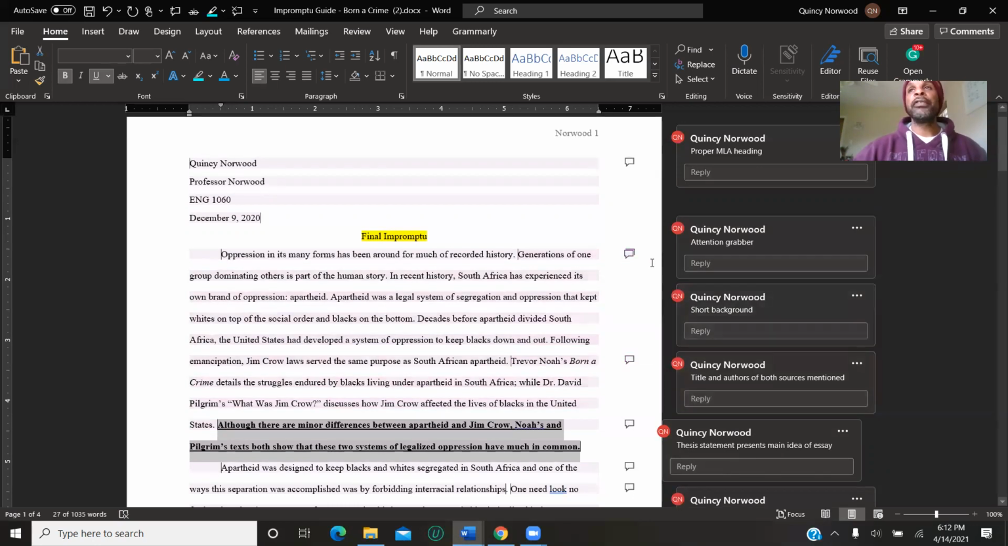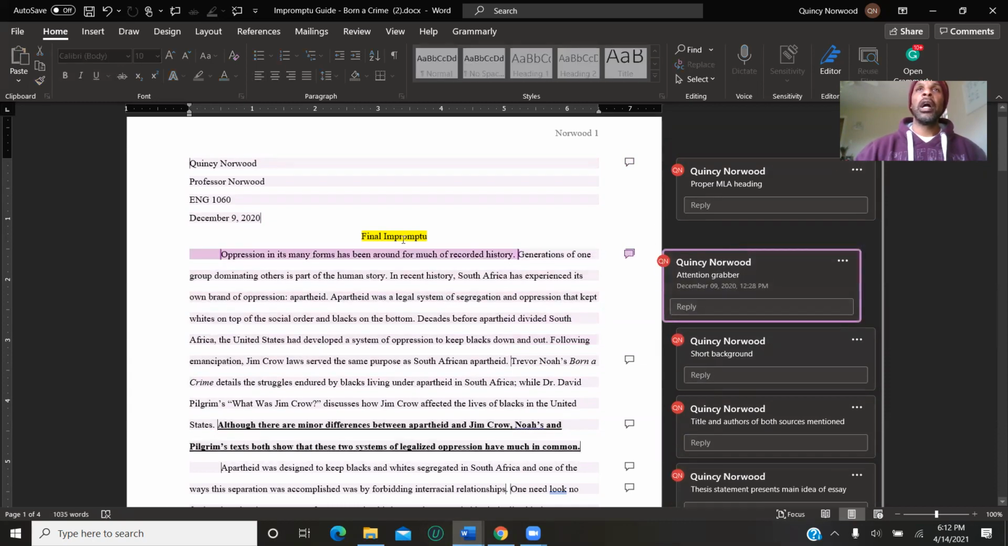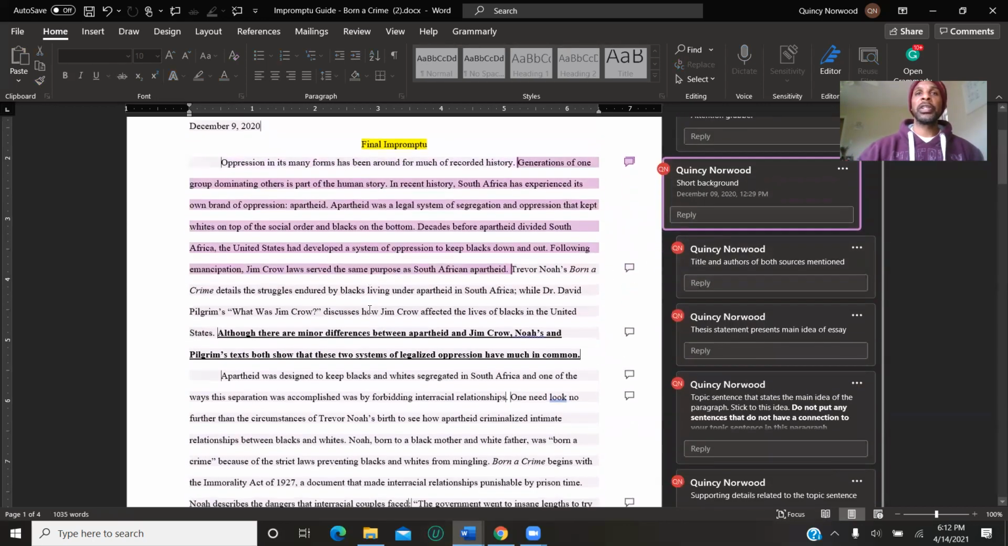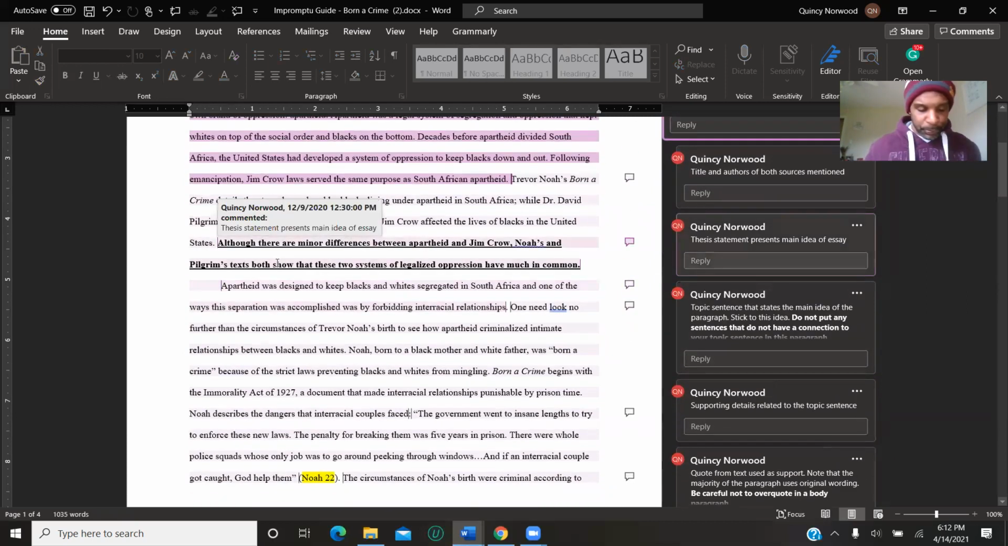If you look at the comments on the side of this document, it just says what each feature of this introduction is. You can just click on the note and it'll take you to what it's describing. Now after your introduction, you want to start working on the body of your essay. And a good piece of advice,